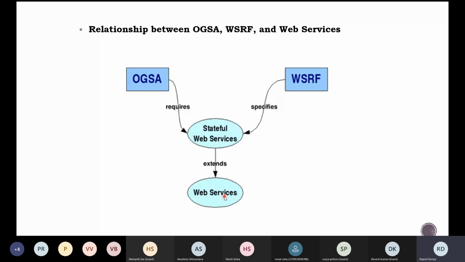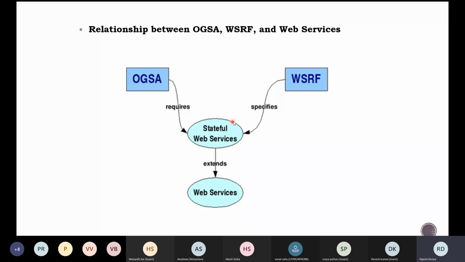Since we know that in order to create a grid infrastructure we have to have stateful web services, we have to extend the services provided by web services. So stateful web services extend the services of web services. Thus, they make sure that the web services now being provided are stateful in nature.